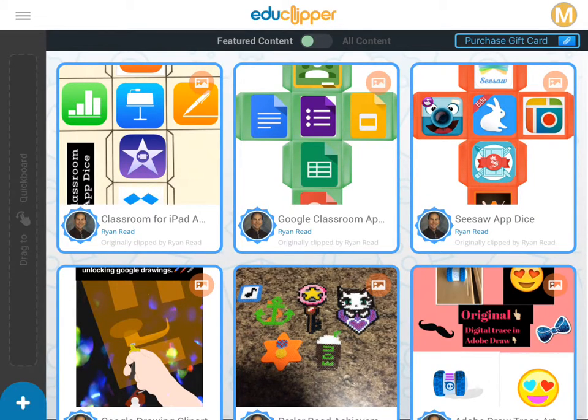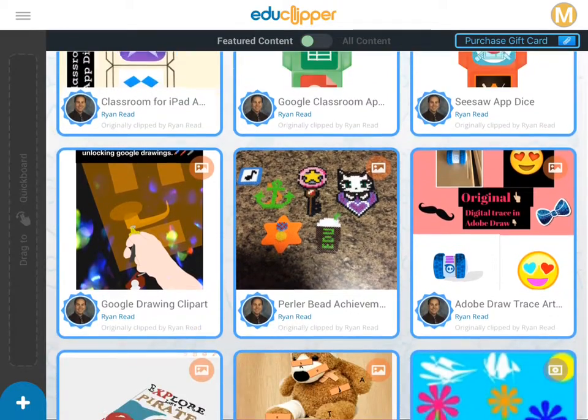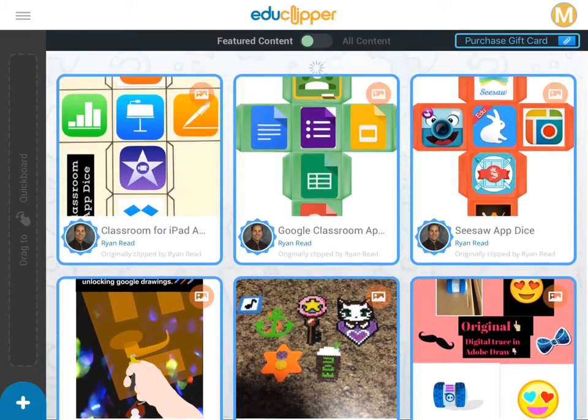All right, so this is EduClipper here, and it's somewhat similar to Pinterest, but for education. You can add what they call clips instead of pins of different websites, resources. You can upload things from your iPad, images, videos, whatever you'd like. And so then here on the home page, you can see sort of the things that other people have shared